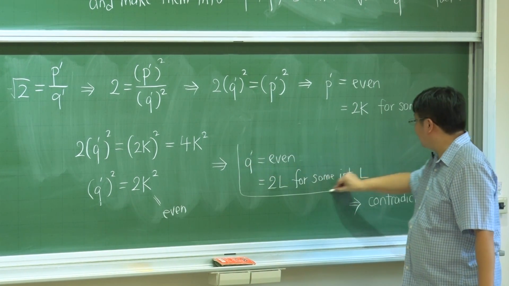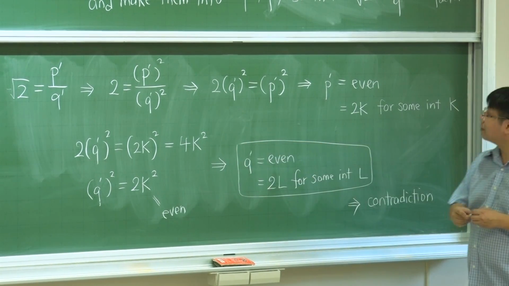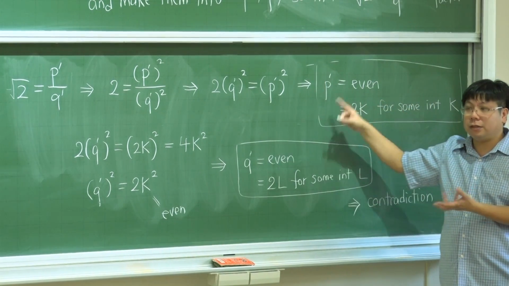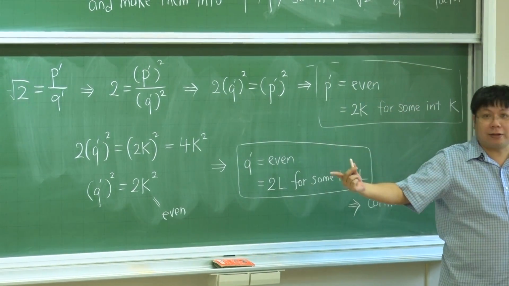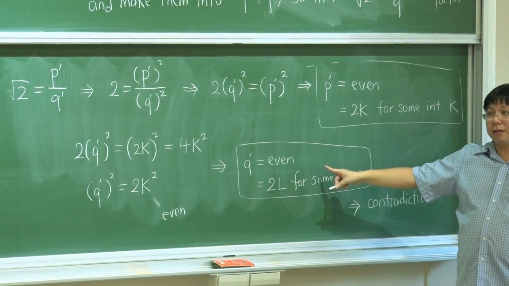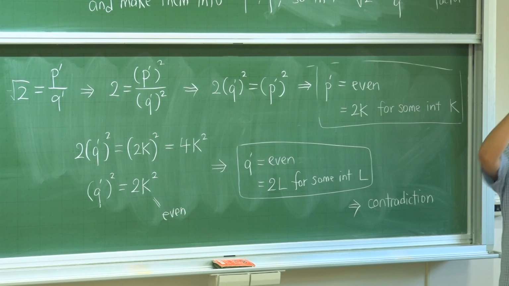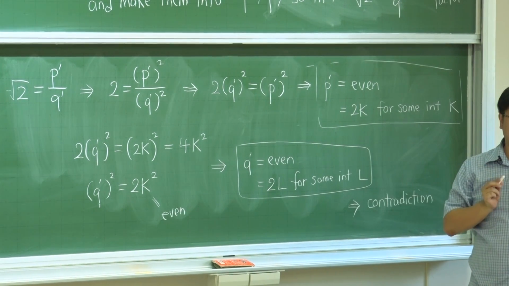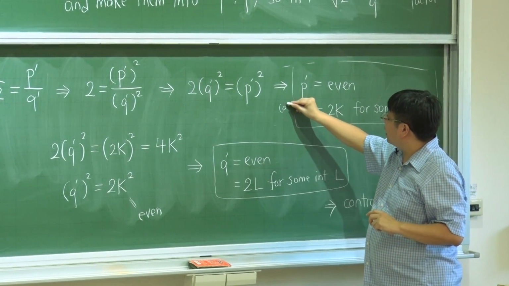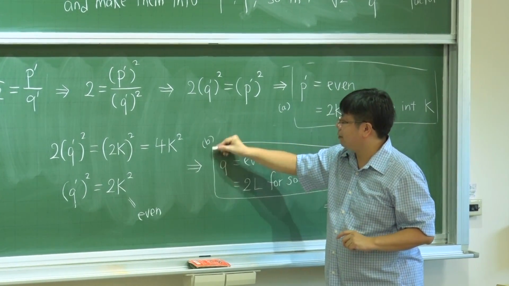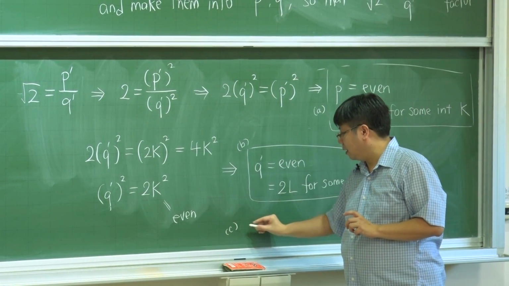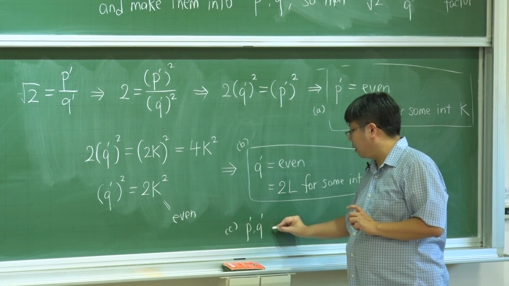Q prime is an even number. P prime is an even number, right? These two are still okay. It doesn't say anything. But if p prime is even, q prime is even, then what does it mean? It means that p prime and q prime will have a common factor. So from this sentence, let me call it A, and from this sentence B, A and B will give me a sentence C: p prime, q prime, they will have